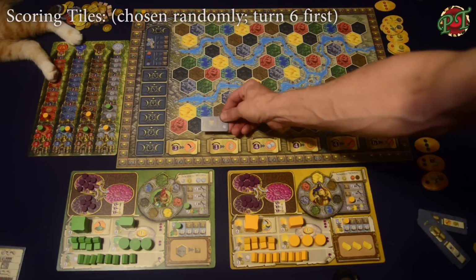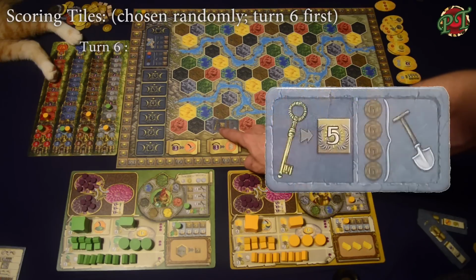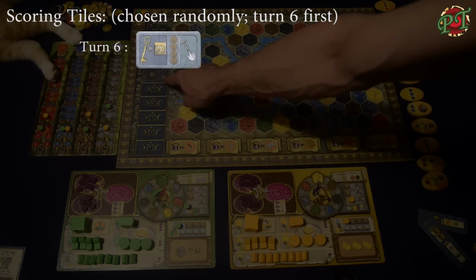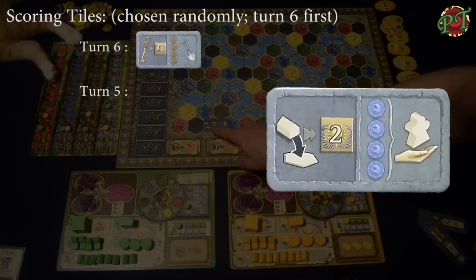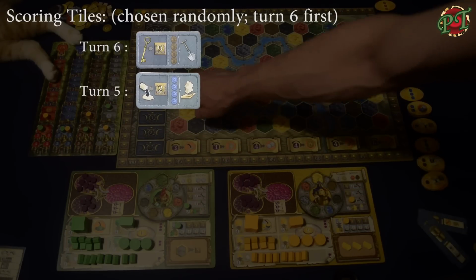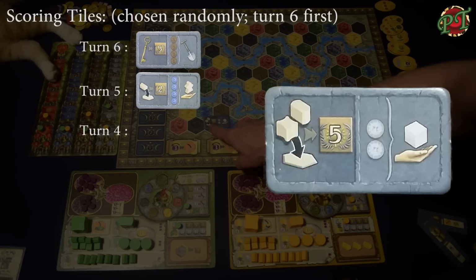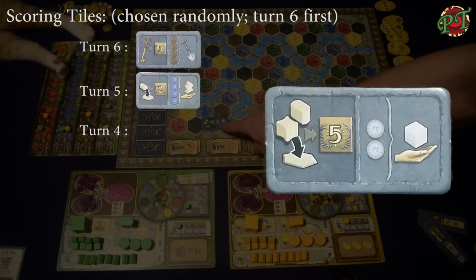Now for turn 6 we have some bonuses here, and this bonus says that if we generate a town we'll make another 5 points, and for every 4 on the religion of brown we'll get a free shovel. Our turn 5 bonus says that for every dwelling we place this turn we get 2 points, plus for every 4 on the blue of religion or cult we will get a priest. For turn 4 we will get a bonus 5 victory points for every time we place a stronghold or a sanctuary, and at the end of the turn we'll get a bonus of 1 worker for every 2 on the